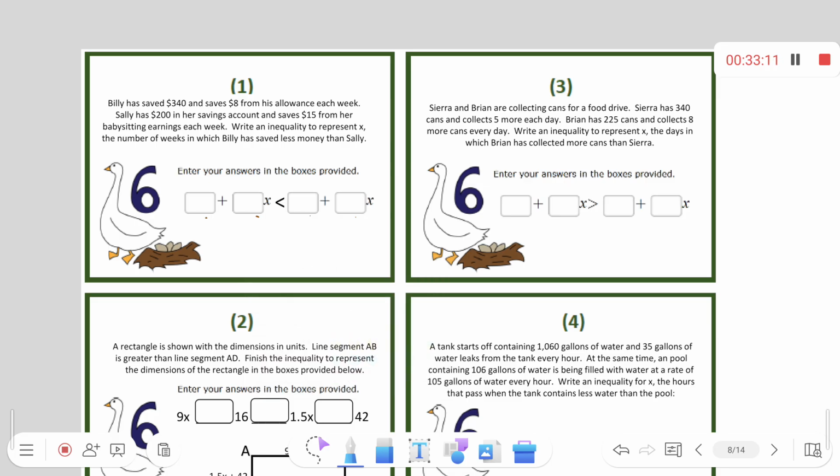Billy saved blah, blah, blah. Sally saved blah, blah, blah. Write an inequality to represent the number of weeks in which Billy has saved less than Sally. Because Billy saved less, Billy gets the pointy side of the inequality and Sally gets the open side, which means the left side is Billy. All of Billy's numbers have to go on the left. So Billy